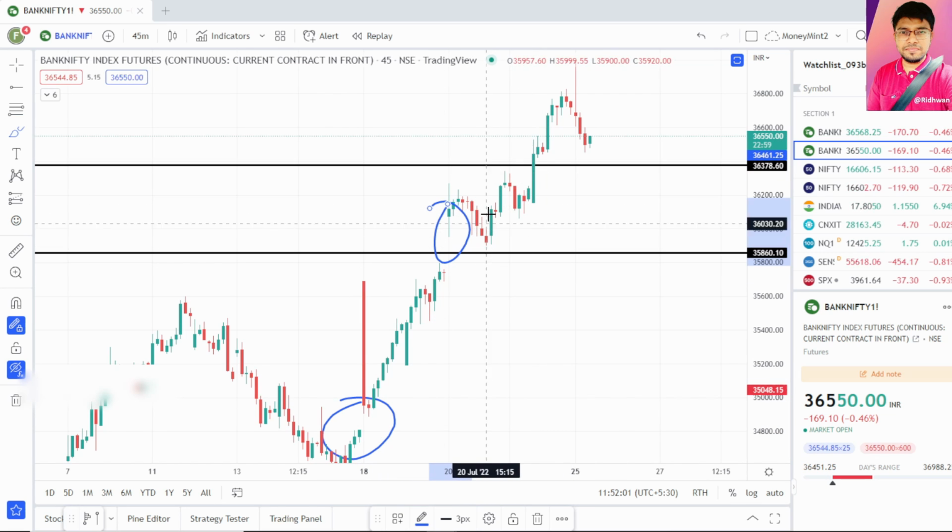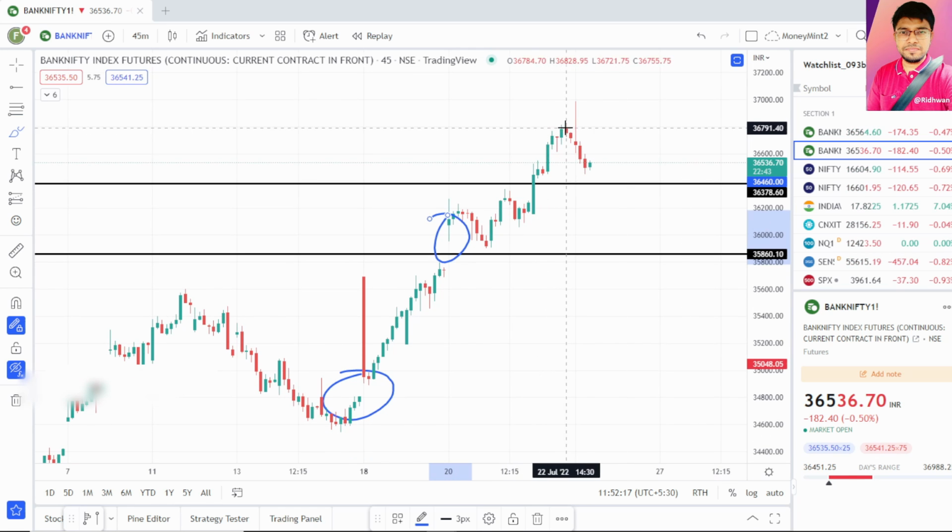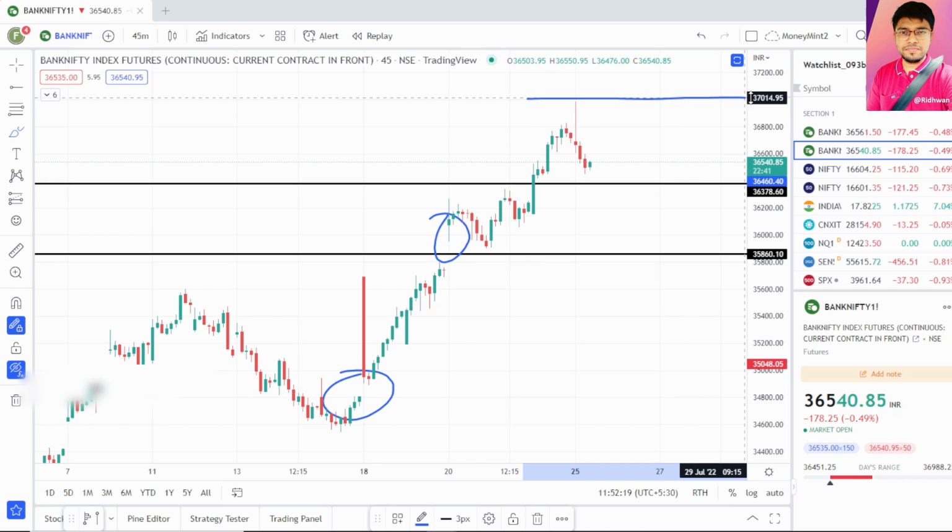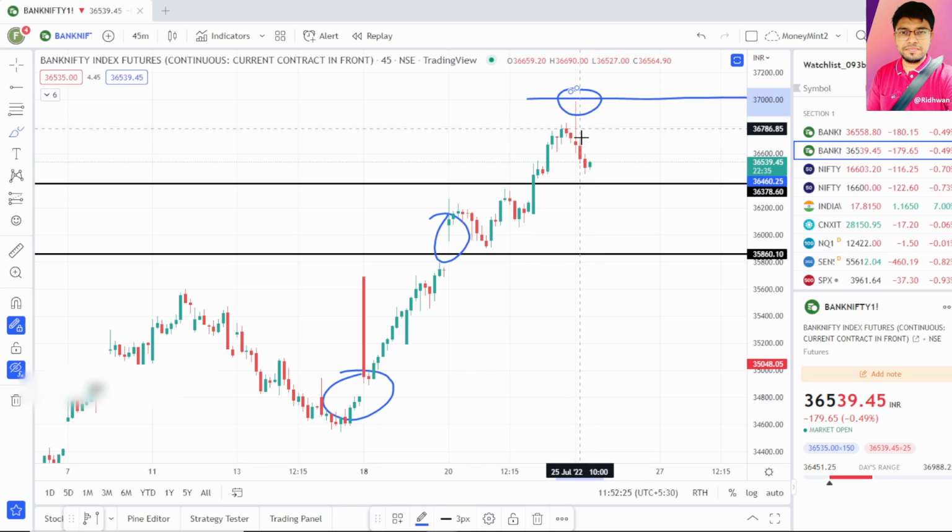The gaps stopped forming. Okay, and suddenly today also the market was expected to open gap up because there were very good results by the banks. So there was an expectation that the gap would continue and there should be a gap today itself. But considering that there was no gap and it faced another psychological resistance of 37,000, I decided to short the